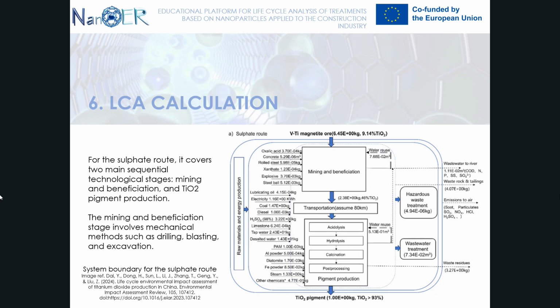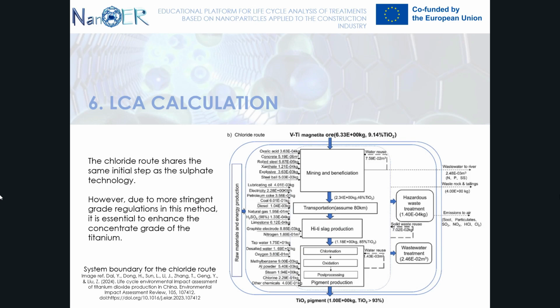The mining and beneficiation stage involves mechanical methods such as drilling, blasting, and excavation. The chloride route shares the same initial step as the sulfate technology. However, due to more stringent grade regulations in this method, it is essential to enhance the concentrate grade of the